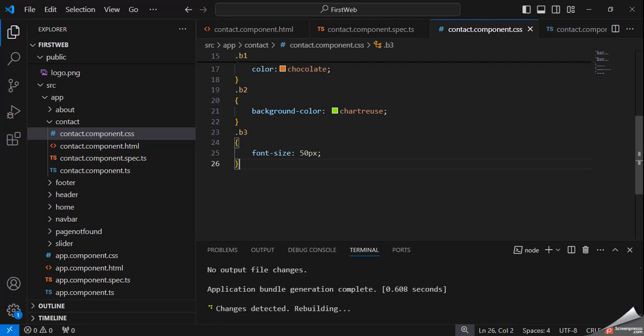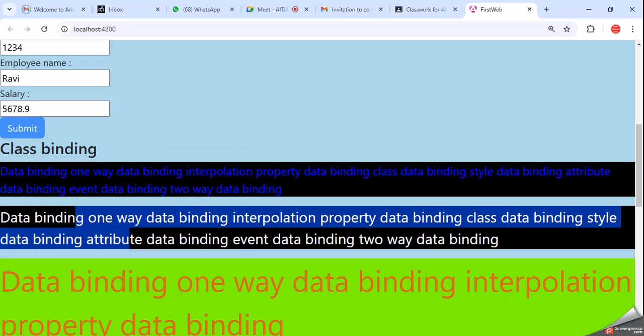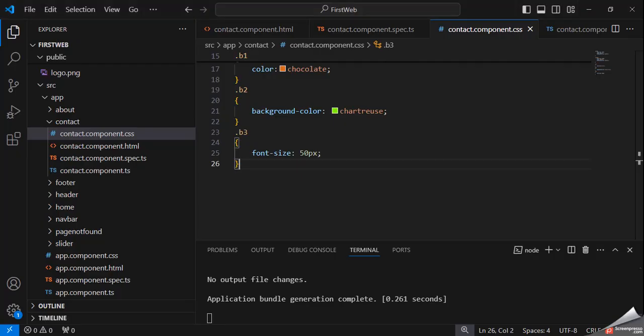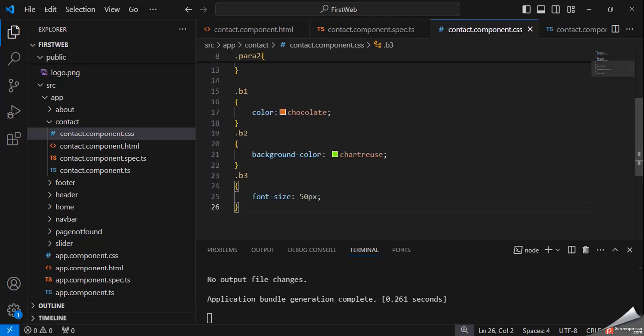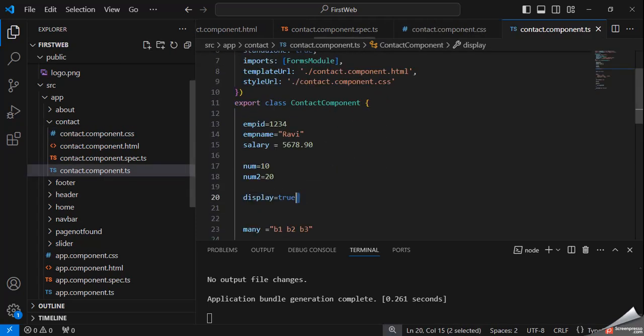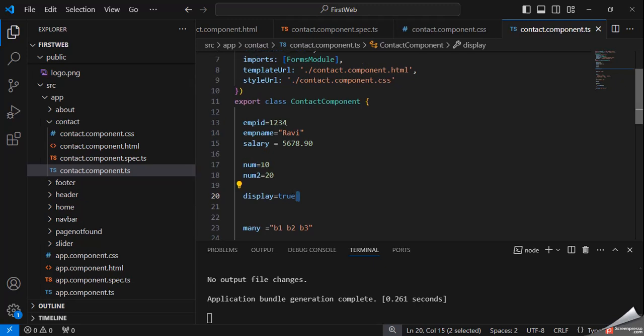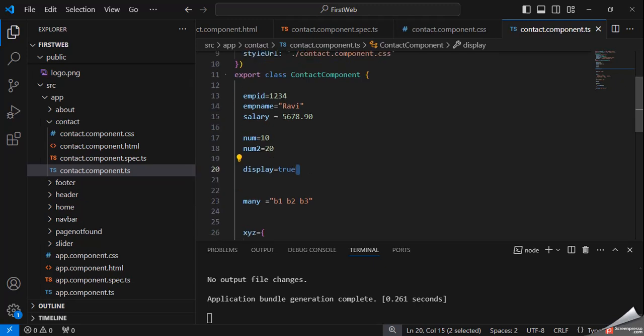Suppose we want to access these classes through the TS file. For the TS file, we can specify any variable equal to, like suppose we want to use only b1, so you can declare b1 here.